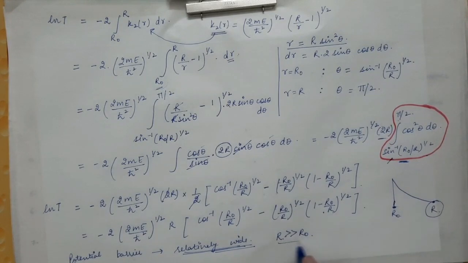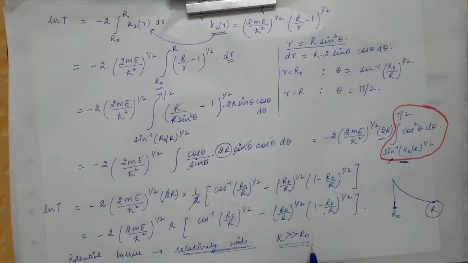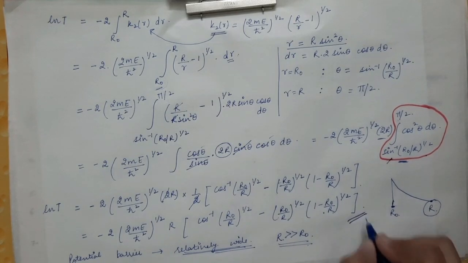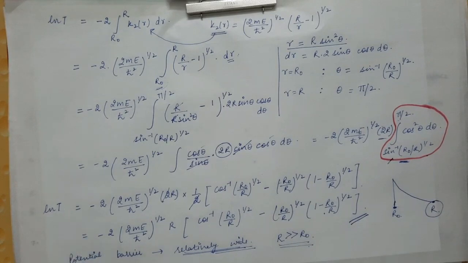So now we will use this approximation of r very much greater than r naught, and we will simplify this expression of natural log of